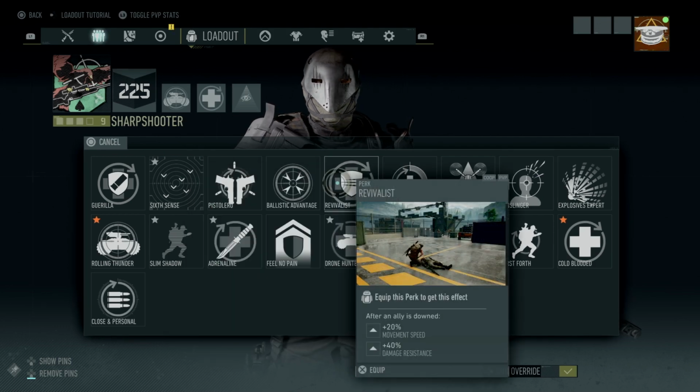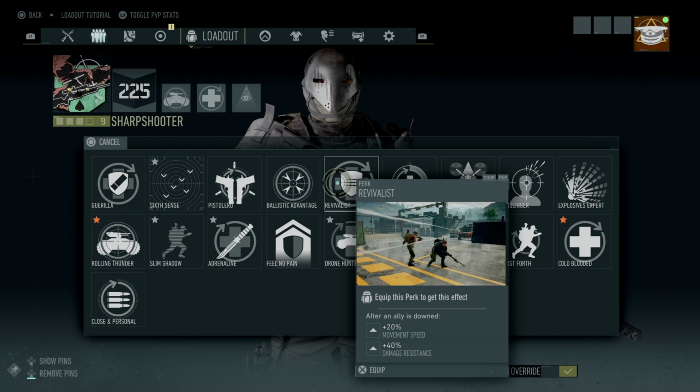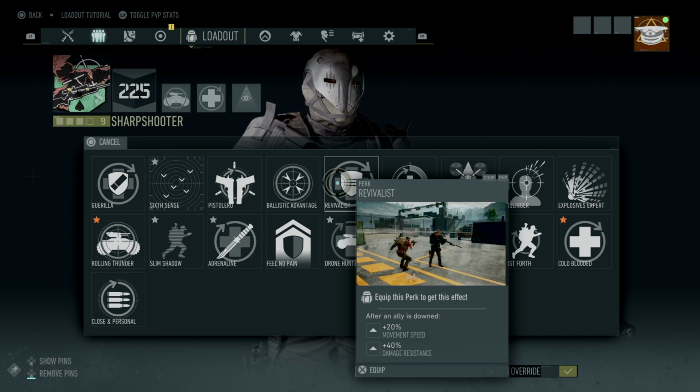Revivalist. Revivalist is going to be super awesome because you get a 40% damage resistance and 20% extra movement speed. Obviously, if you play a field medic, this is something you want to go for because you get a quicker class technique with the